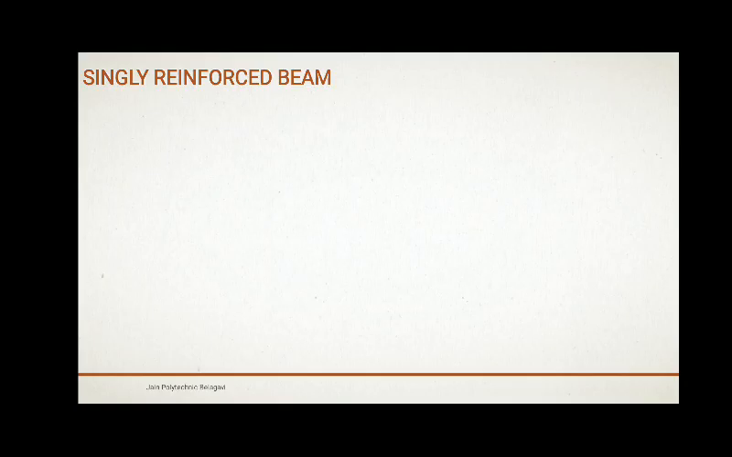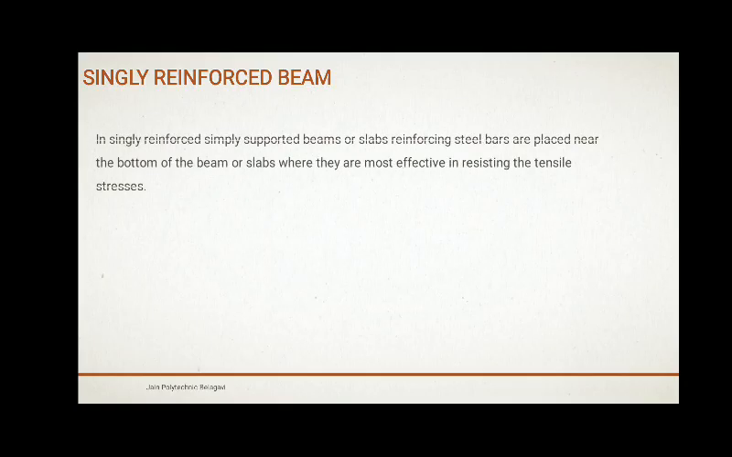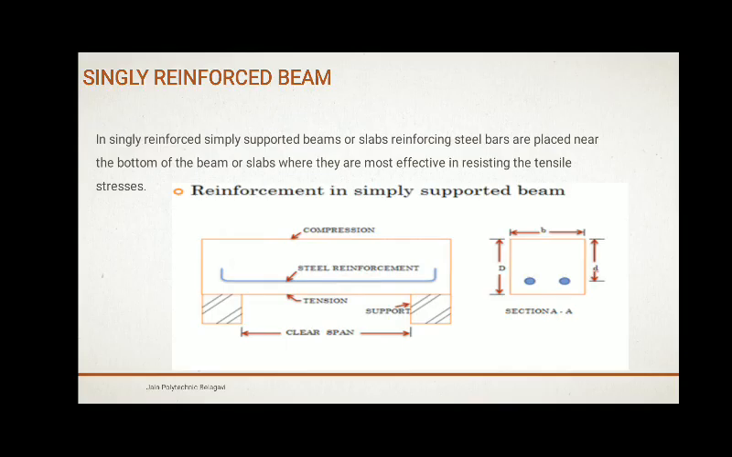So coming to the first one, that is singly reinforced beam. What is a singly reinforced beam? A singly reinforced beam is a rectangular beam in cross section where steel is provided on only one side, that is steel is provided at the bottom where it can resist tensile stresses. So here you can see the longitudinal section and the cross section of a singly reinforced beam where